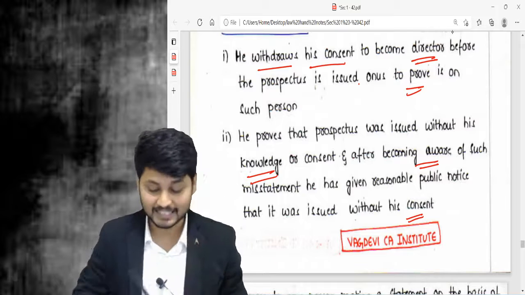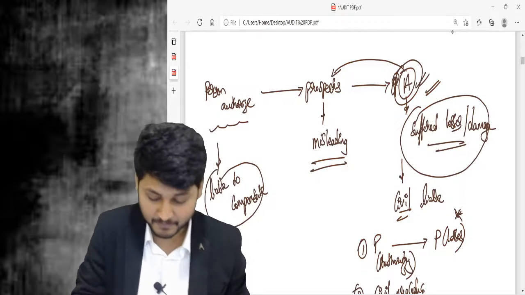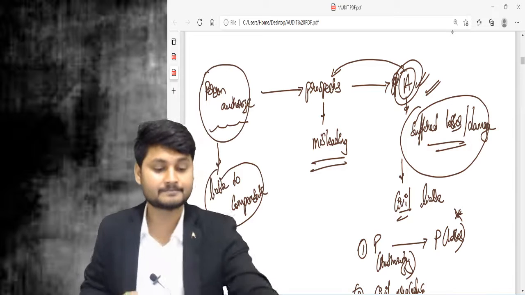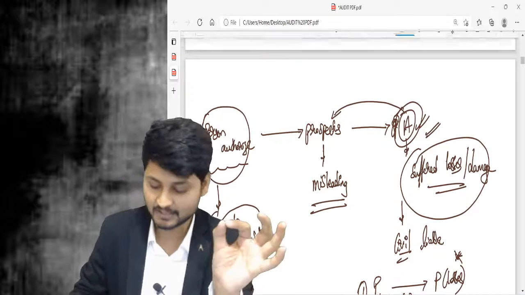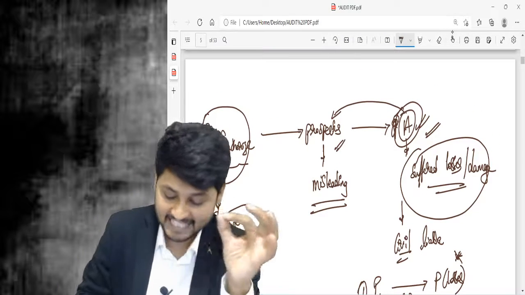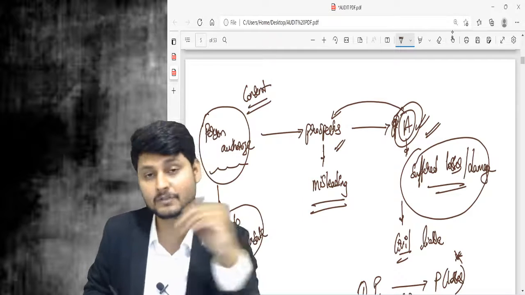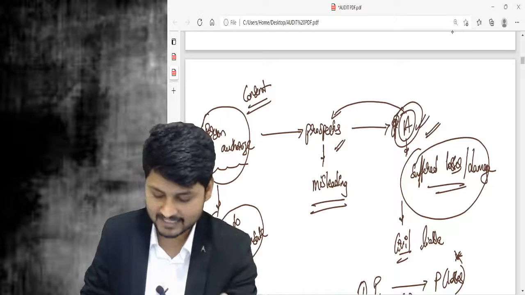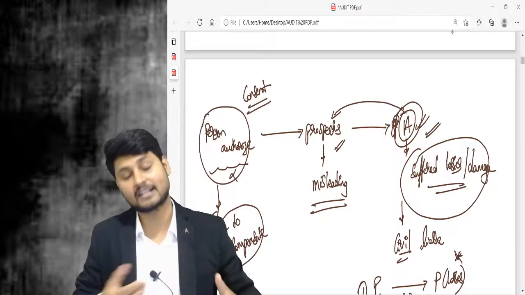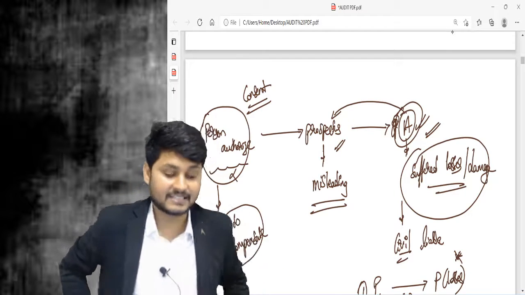Because ultimately this person who is authorizing the prospectus has to give his consent, right? If he withdraws his consent before the issue of the prospectus, then obviously he will not be under any responsibility or obligation under section number 35,